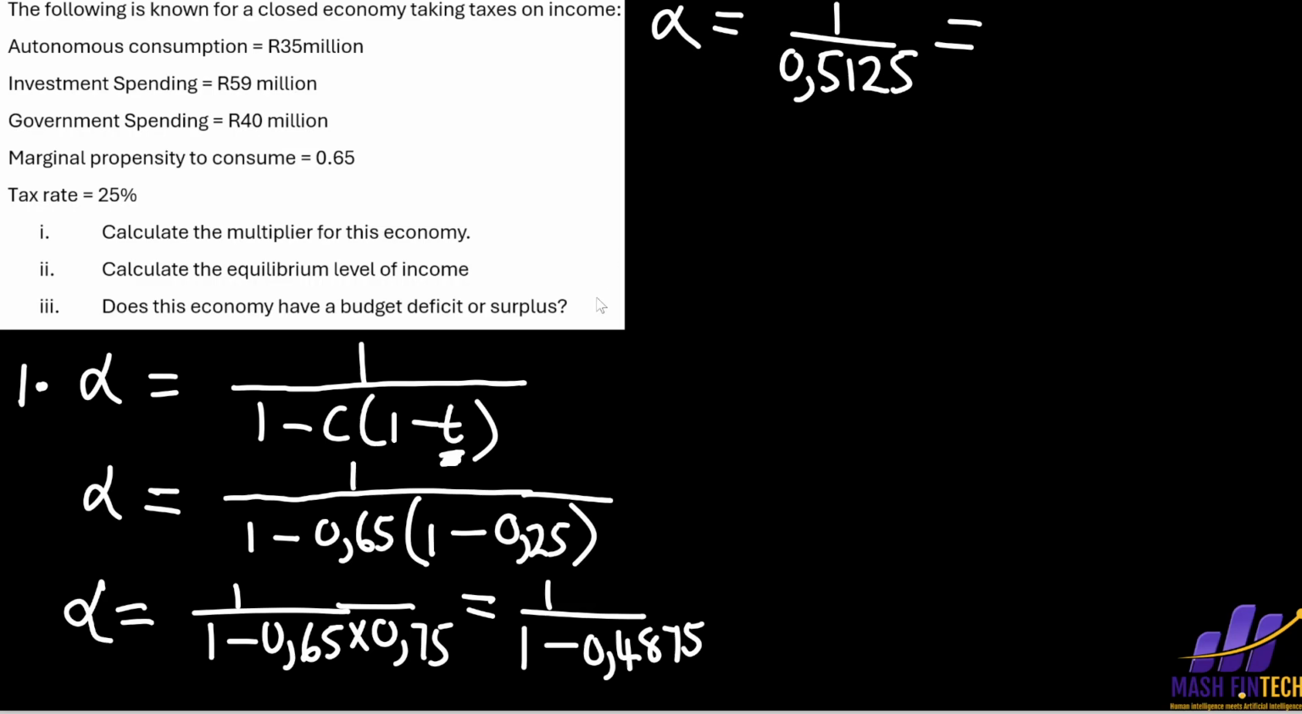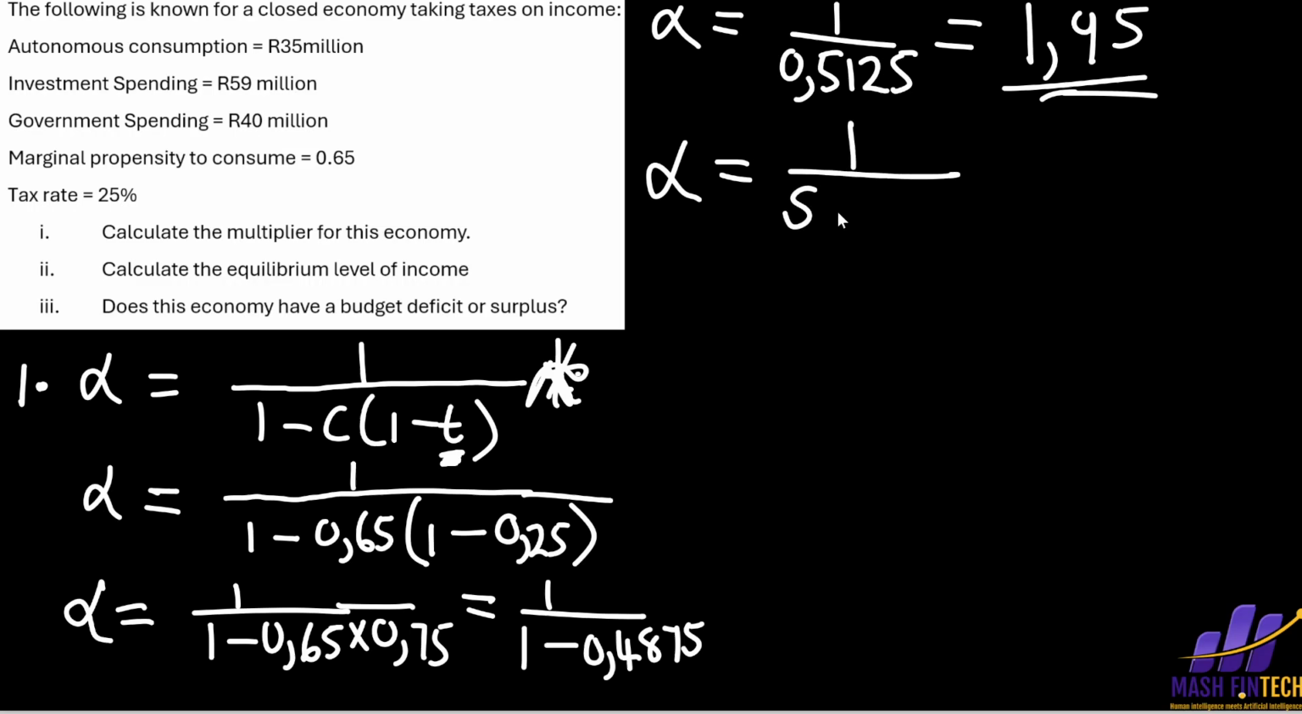0.5125. Then if you divide these two, you must get, to 2 decimal places, your multiplier is 1.95. And this is actually a bit longer. This is the way to do it. But if you can remember this formula, where you just take the marginal propensity to save and you add the marginal rate of taxation, what you do is you subtract here. The marginal propensity to save is 1 minus marginal propensity to consume, right? Which means you're going to have 1 over